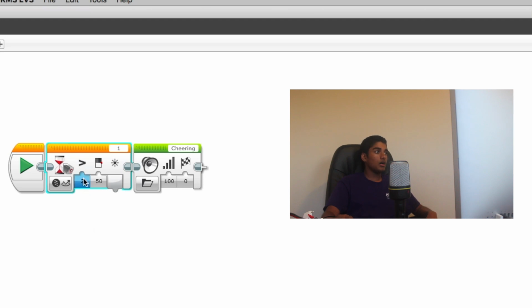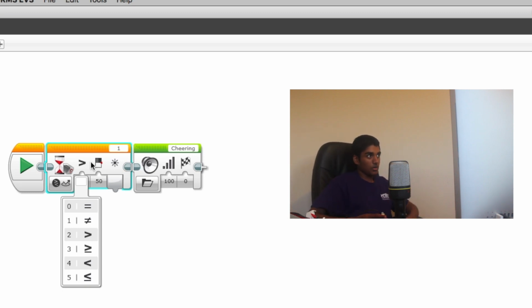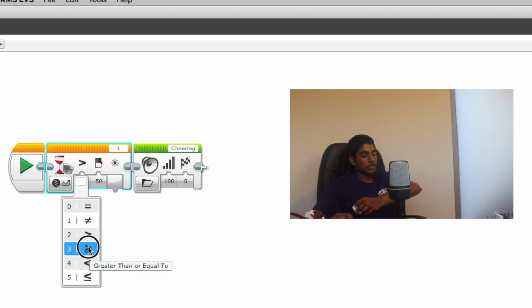Now also notice, just really quickly, I want to mention that there's also greater than or equal to, less than or equal to, and also even equal. Now we're typically not even going to use equal ever. I can't really think of a scenario where the color sensor would actually be that precise to detect that. We're going to typically want a range of values. So let's go ahead and say if the value of the color sensor is greater than or equal to 50,